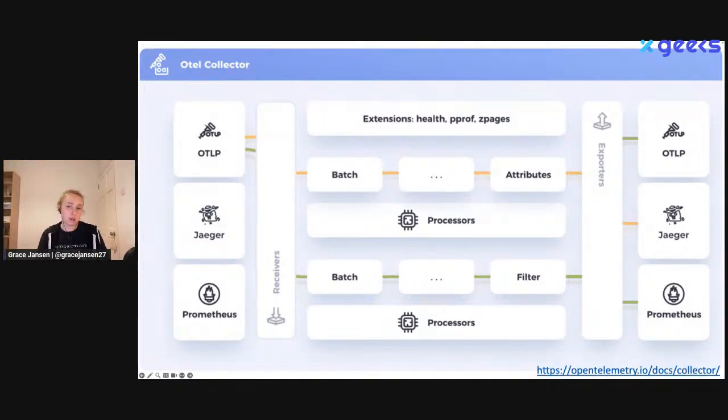You might be wondering, under what circumstances do I really need to use a collector to send the data instead of just having each service send their data directly to the backend? For trying out and just getting started with OpenTelemetry, sending your data directly to a backend is a great way to get value very quickly. In development or in small scale environments, you can get fairly decent results without a collector. However, in general, we would recommend, especially when you're looking at enterprise organizations or even slightly larger application teams,